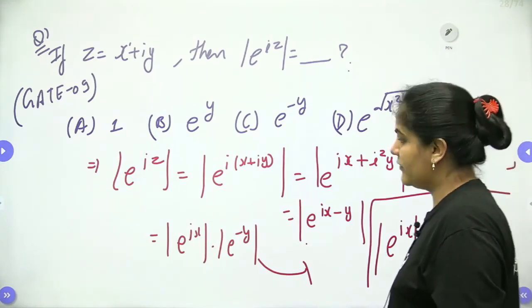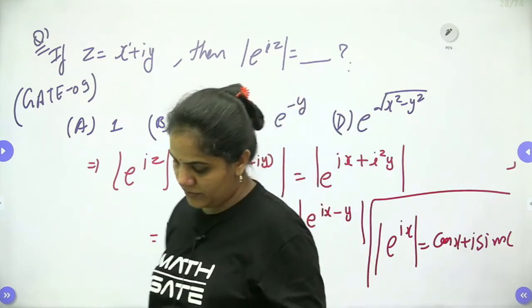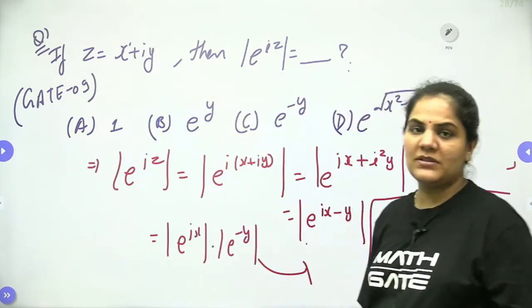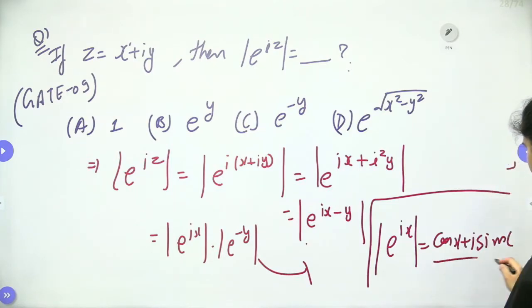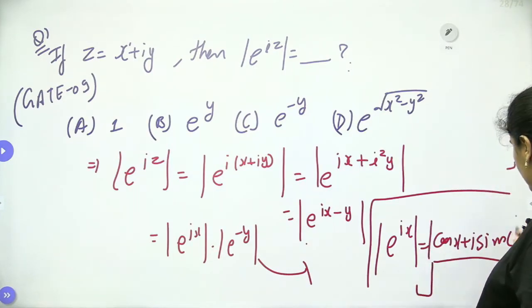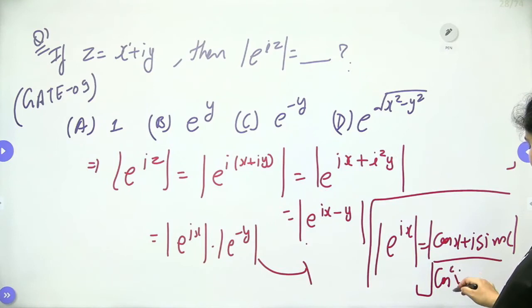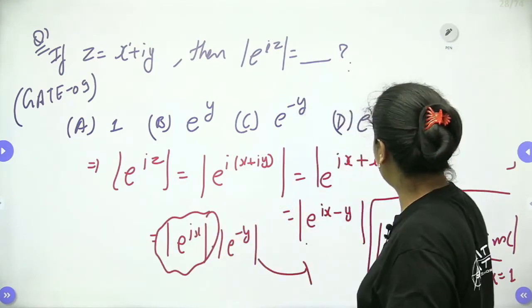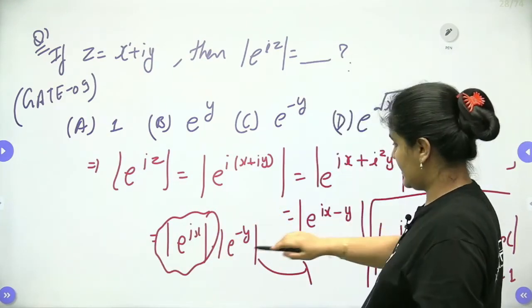Okay, you want the modulus of this one. When you approach the modulus of cos x plus iota sin x, cos square x plus sin square x is always equal to 1. So the mod of this one will be cos square x plus sin square x, which is equal to 1. That's why we can leave this quantity as 1 only. So we can write it as 1.